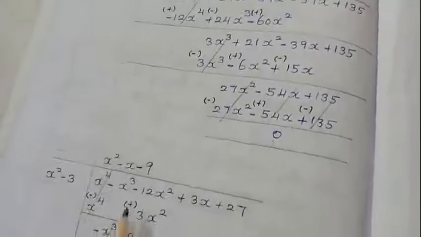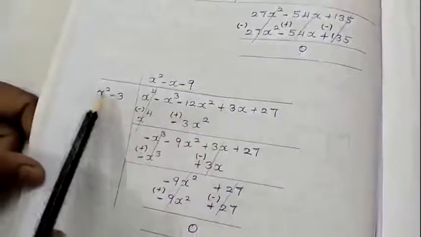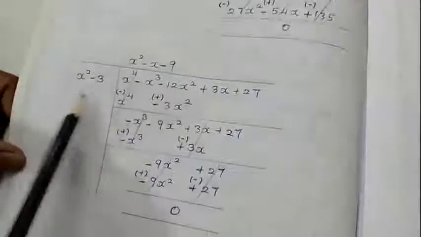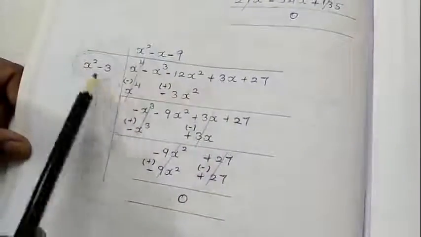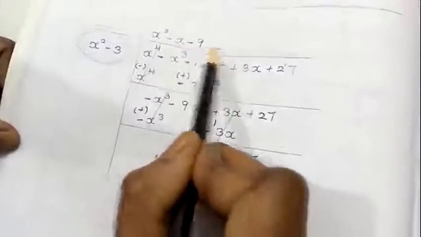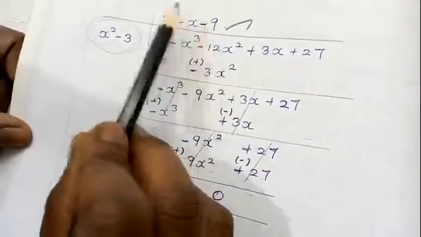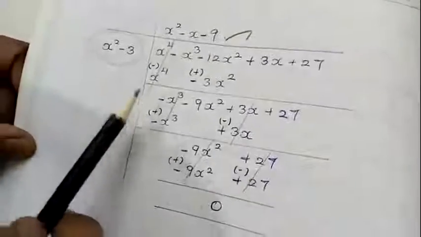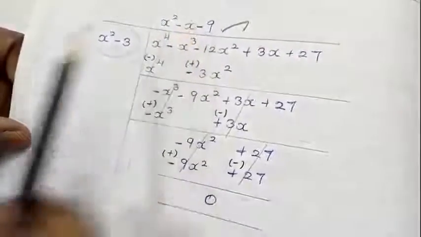Again I am going to do another long division. That is, I am going to put it inside, and I am going to take this value out, that is x square minus 3. I am going to write it in this place, that is numerator divided by denominator. You know the concept. And again you are going to do it by long division method, and I need only this value, that is x square minus x minus 9. So totally I am doing 2 long divisions here. So what is the value I am getting here? x square minus x minus 9.